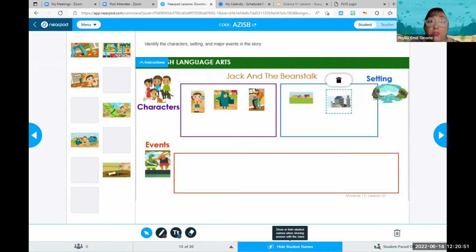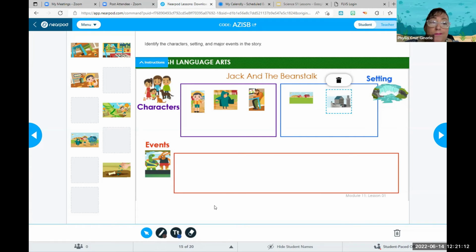Now, most importantly, let's talk about the events. And I always like to put them in order. So think about when you retell, it's almost like reliving it. Okay, so you want to go ahead and tell as many things that happened in order as you can remember. So we have pictures to help us. Let's do it. Let's see what's the first thing that